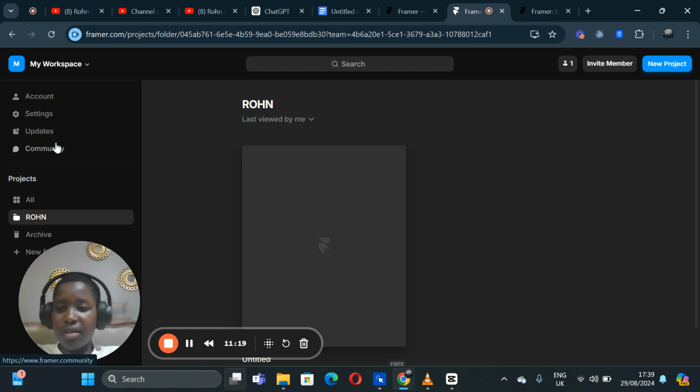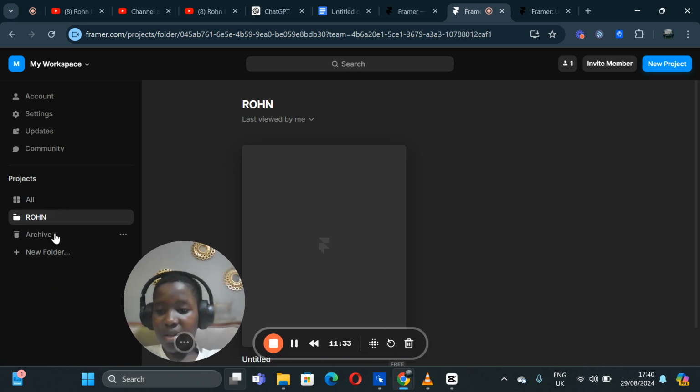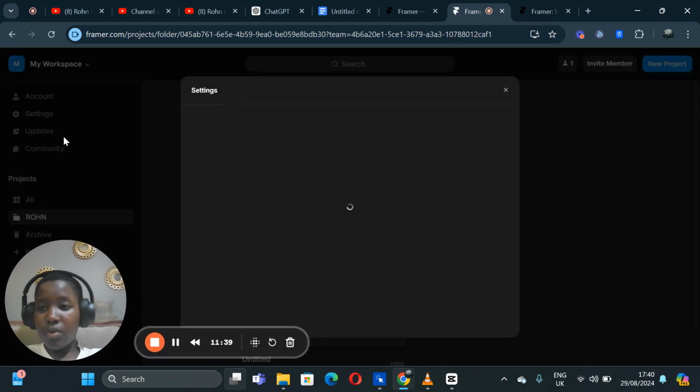create websites and documents which you can collaborate with them and create stunning documents and websites. The next one is project, where you can access all your projects. You can access different types of folders. You can even archive them or create a new folder. Now let's go to the